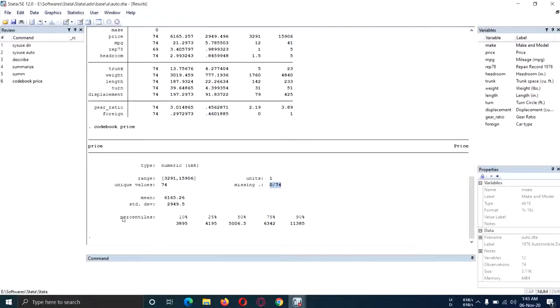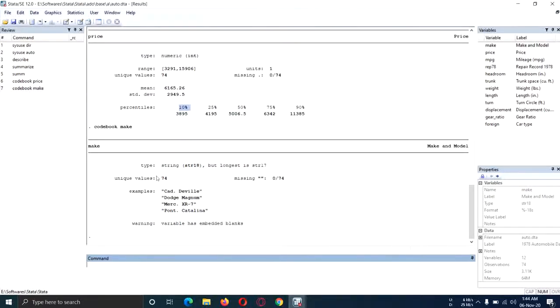If you want to look at the percentiles, you can see the 10th, 25th, 50th, 75th and 90th percentile values for this variable. Similarly, you can run codebook for any variable and learn about its data. For example, if we run codebook make, which is a string variable, you will see string, and the longest is string 17.